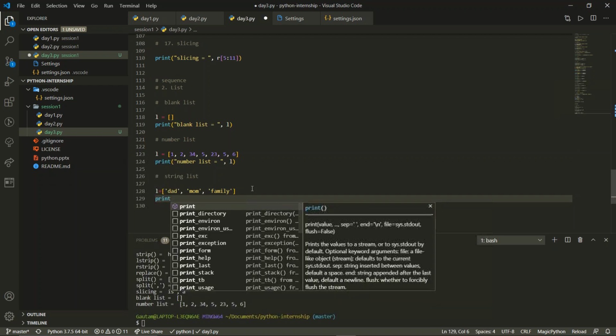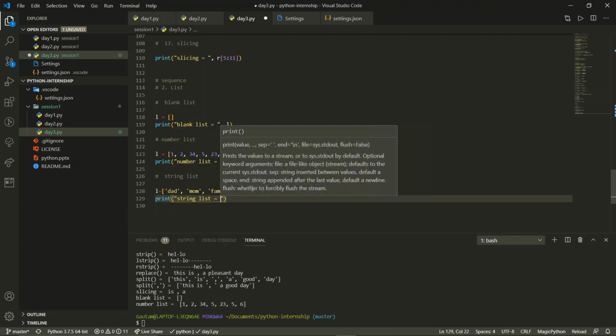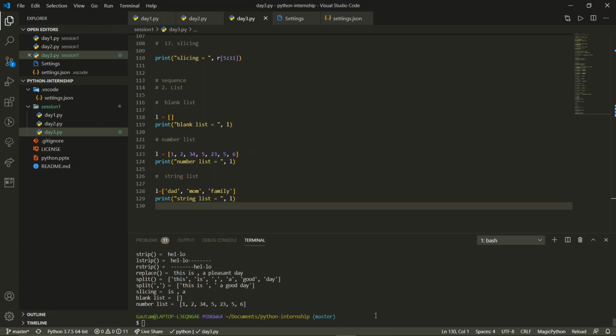Now you will print string list, and then a comma, and then again I will print L because we are storing in the same variable. We print it each and every time so that we don't lose our data. Now for string list, you can see it's coming: dad, mom, family.